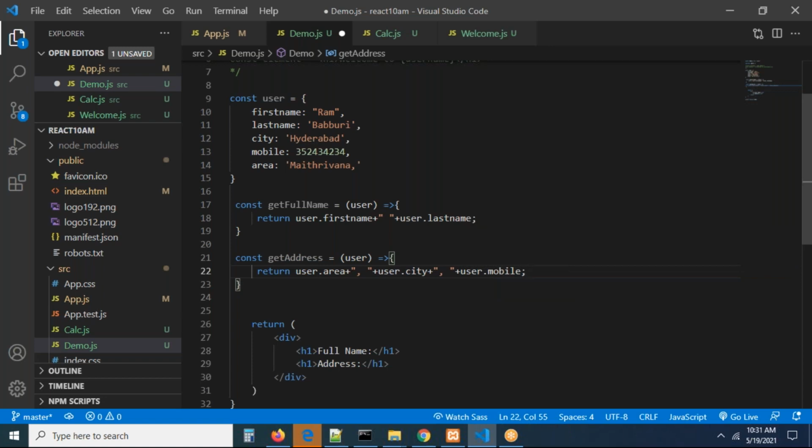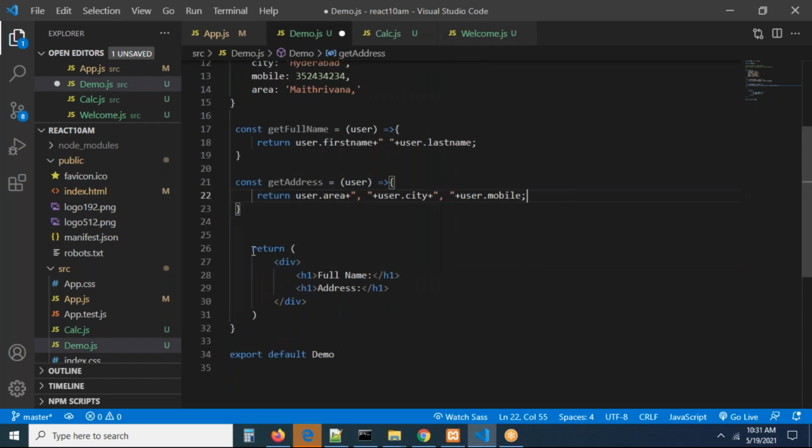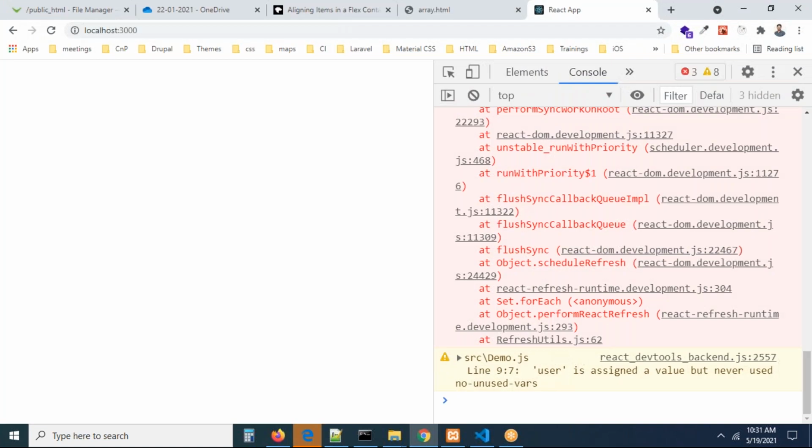Remember carefully, in React, any method which is created by you is always going to return. Not only the methods, only one method, the render method or return, is the one responsible to print the data. That is your main return statement of your function. Now can you tell me, I want to call the address here. How can we call the address here? You have to call getFullName, which is a method. The address is going to be written here. Here, what is the name? You have getAddress as the function. That's all. Now you can go and check this. It is going to be executed.